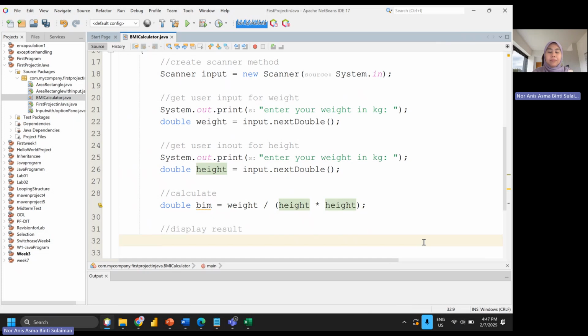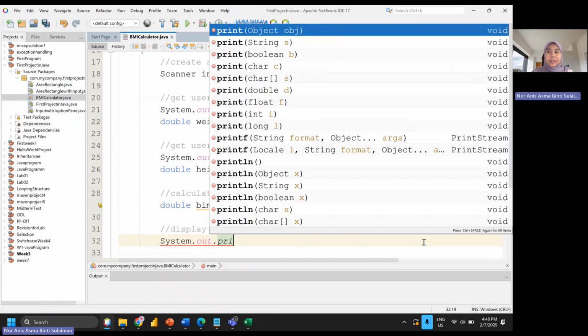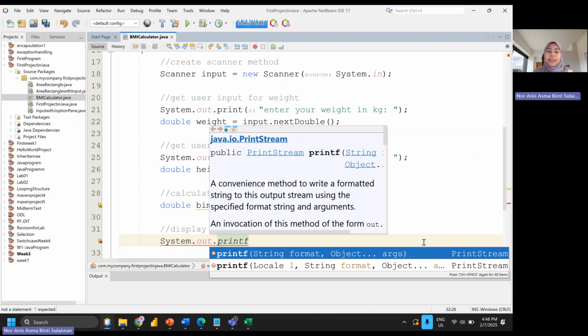Before we display the result, we need to check the condition. To determine the condition, we are using System.out.printf to keep it to 2 decimal places.